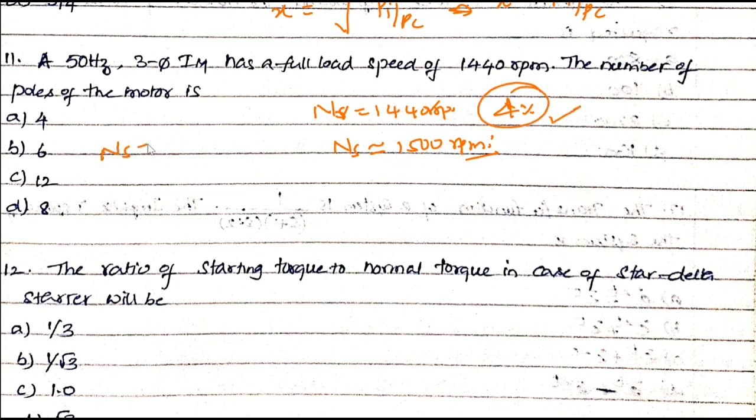Now Ns is equal to 120f by P. So P, right? Now 1500 is equal to 120 into 50 divided by P, so you need to calculate P here. If you do this, P will be 4 here. So P will be 4, the right answer. Next one,